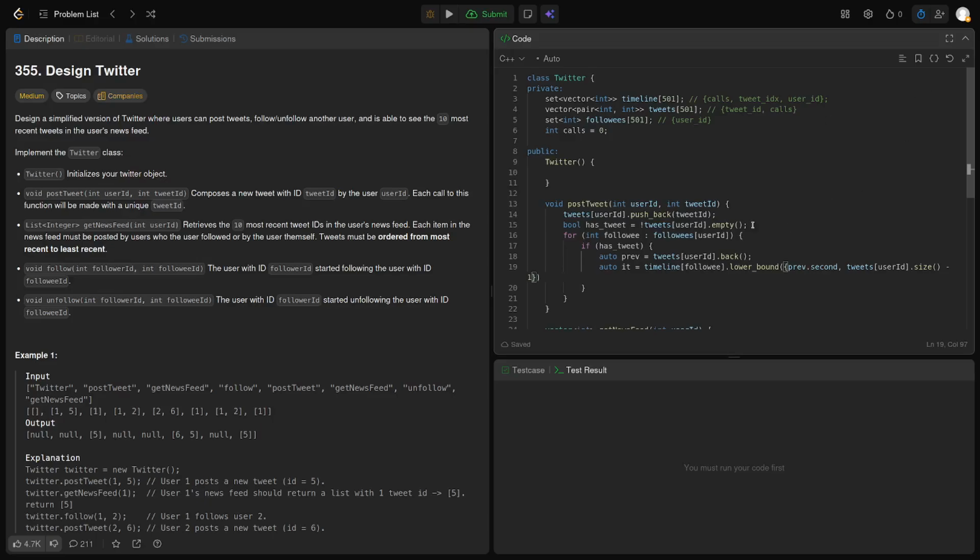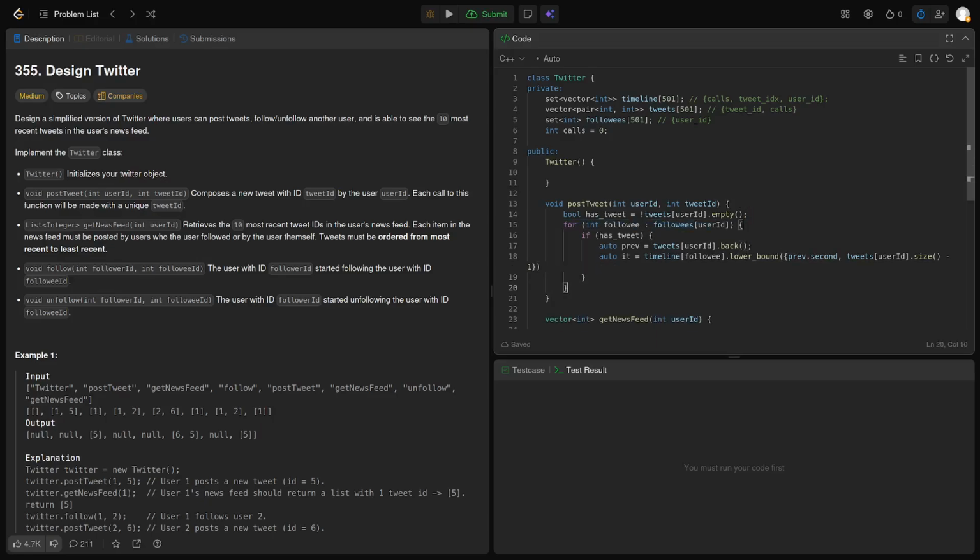Oh, that's the wrong order, brother. That's a wrong order. Right, and then what's user ID? User ID, right? And no, what am I doing? Just erase whatever, right? So we erased it,